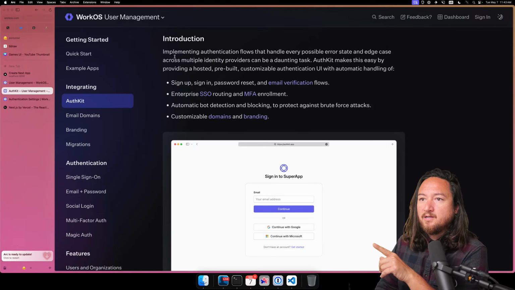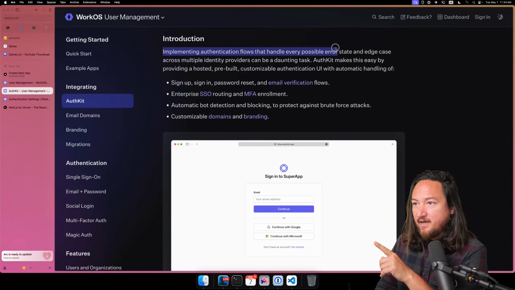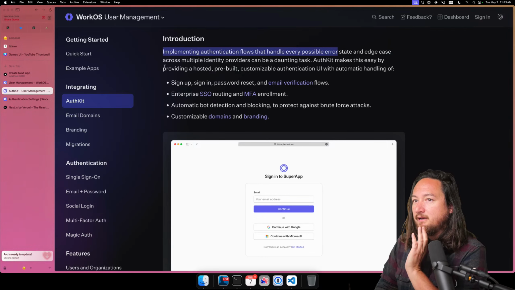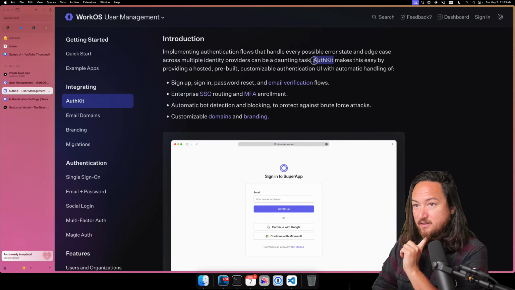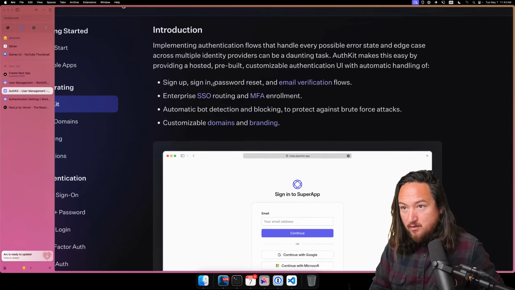This is under user management. Implementing the authentication flows that handle every possible error state and edge case across multiple identity providers can be a daunting task. Yes. AuthKit makes it easy by providing a hosted, pre-built, customizable authentication UI with automatic handling for